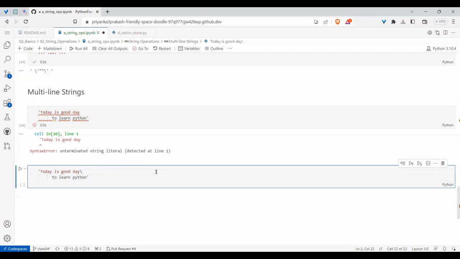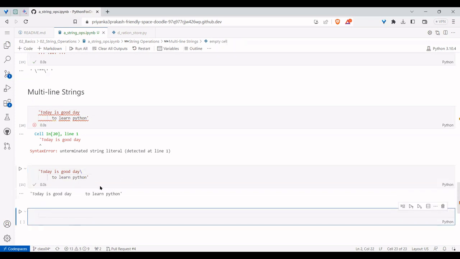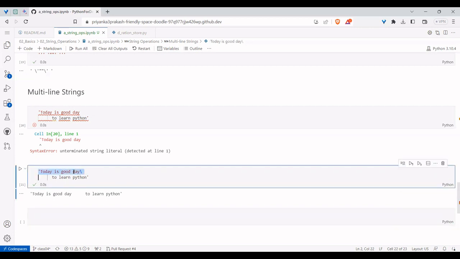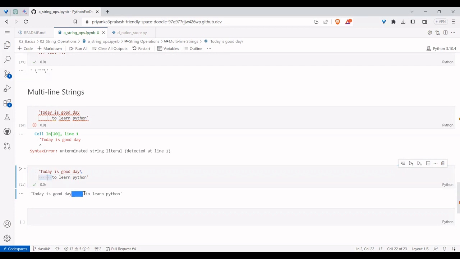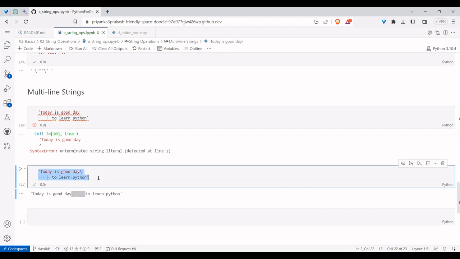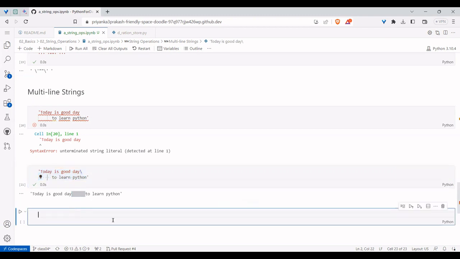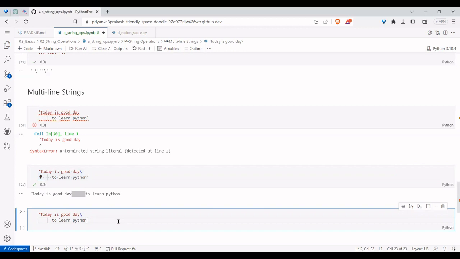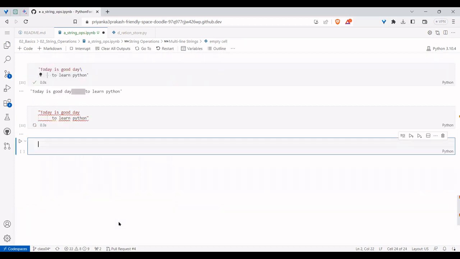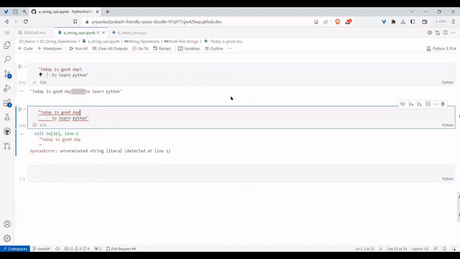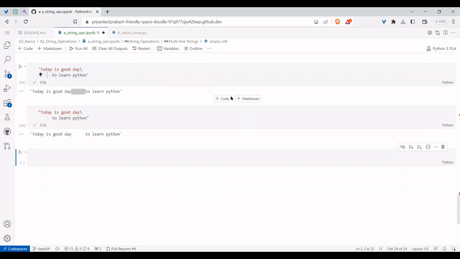So to handle it better, we have this concept of slash. I told you this is called a line continuation operator. And after this line continuation operator, you should not write anything, including comments. Then did you see what happened? It tells the interpreter, hey, don't process this line individually. Take the next line also along with it. So it has taken the next part also. See, including the white space, you got it. So if you have single quoted content which is multiple lines, then you need to write like this. Even if you have double quotes, you need to do it in the same fashion. If you do it like this, it's going to throw an error. But if you have a slash, then it will work.